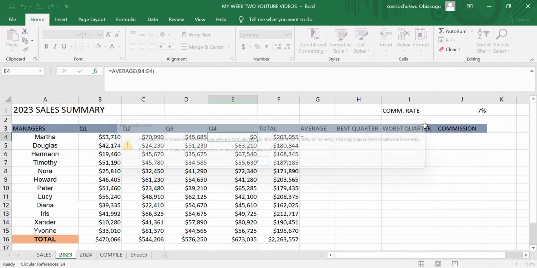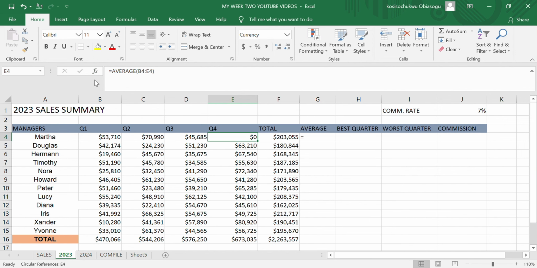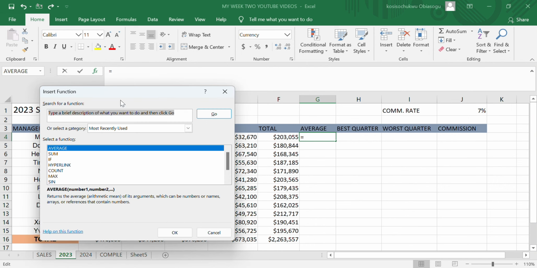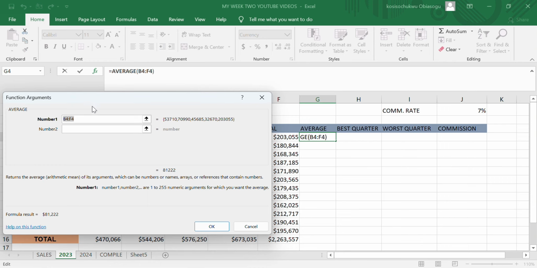Okay, I think I made a mistake here. I made a mistake. I didn't put my cursor where my cursor is supposed to be. Sorry for that. So you have to be careful, guys. You see what happened to me, right? I didn't put my cursor where my answer is supposed to be, which is in column G. So Excel told me there is a problem. So you have to be careful. Any slight mistake can make you